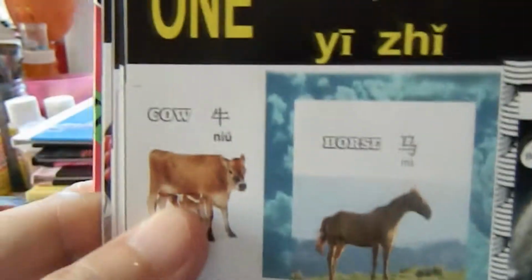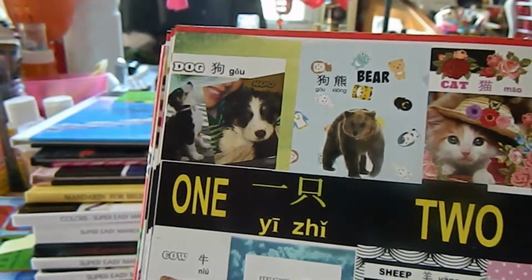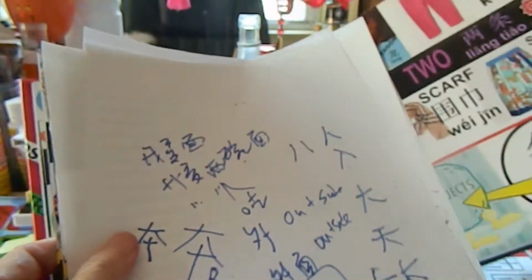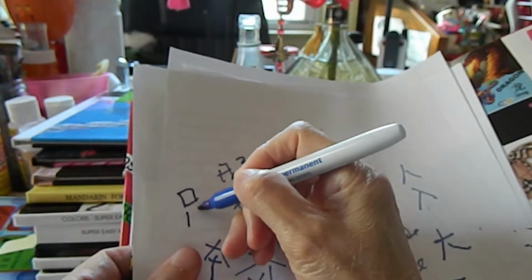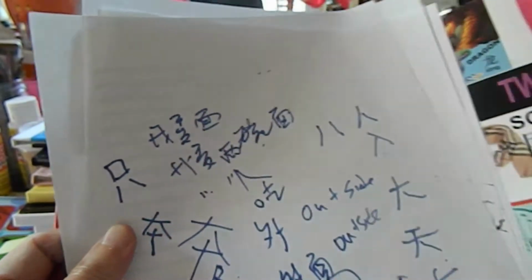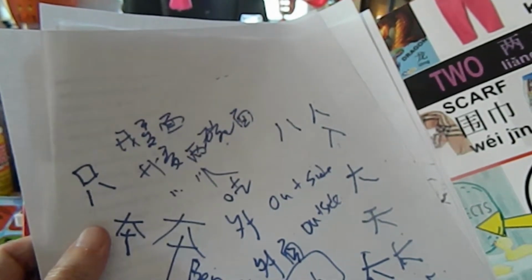Cow. You cannot say 一个牛. Animal cannot use human measure word. Just use 一只. You see how easy this 一只 is to write? 一只 is just a mouse, a Chinese mouse, and then you put an egg in there. You see that? How easy? This is called a measure word for animal. 一只, 一只狗, 两只猫, 三只牛,